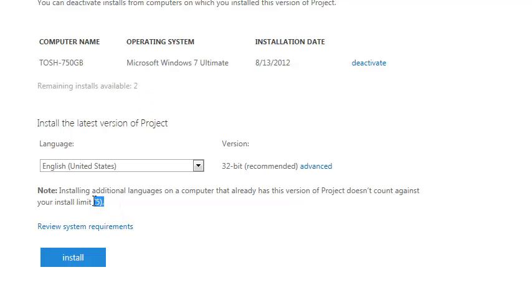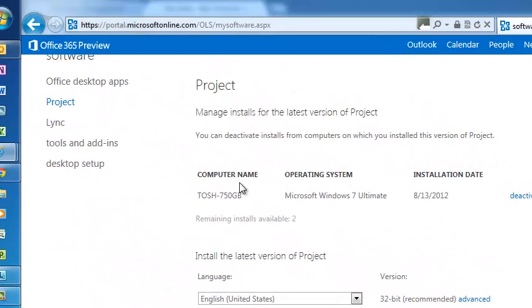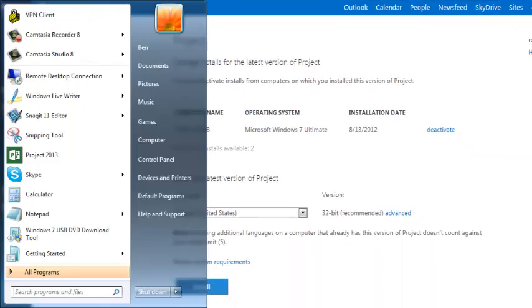Interestingly, I have an install limit of 5, which doesn't quite work for me at the moment. This is the only installation I've done, so I'd have expected to have seen that as 4. I can deactivate this version of Office on this computer, that's fine, but let's go and have a look at